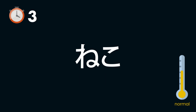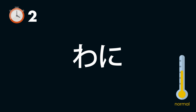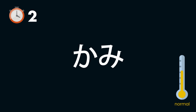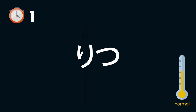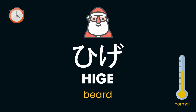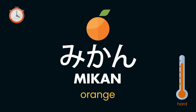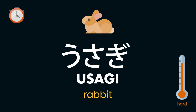same, neko, wani, denki, kami, ritsu, hige, hidari, mikan, usagi,